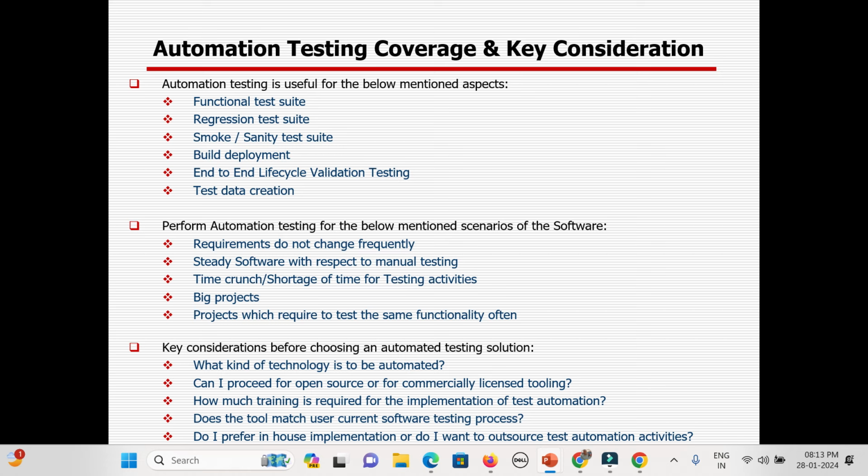In case your requirement is changing, you have to rework all this stuff again. It is not like functional testing, where during execution I can definitely modify or nullify it. But your script is already ready, right? It will not happen. So you need to automate after your requirement is frozen and your application is stable enough. Then you should start the automation.